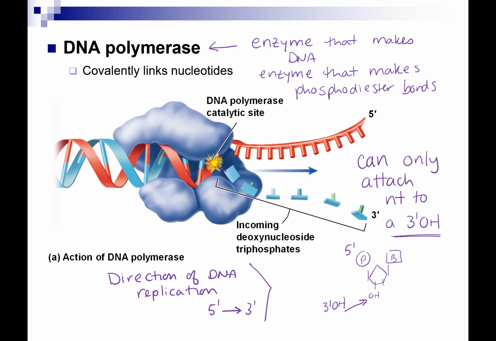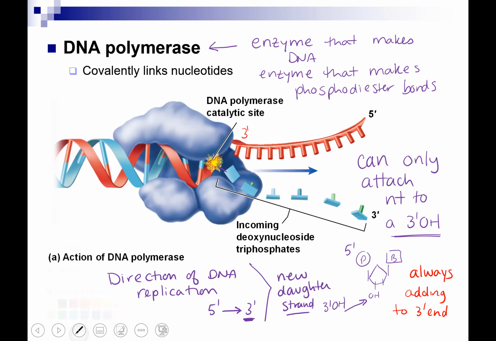So this is describing the new daughter strand. It is made 5' to 3'. So you're always adding to the 3' end. It's going to copy the parent strand shown here in red from the 3' end to the 5' end because they're anti-parallel. So the new strand is being synthesized